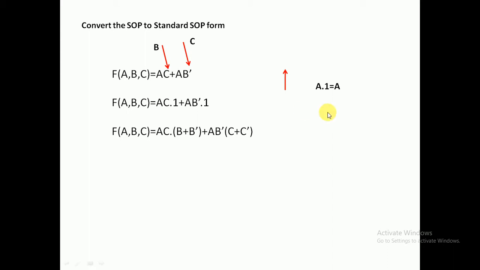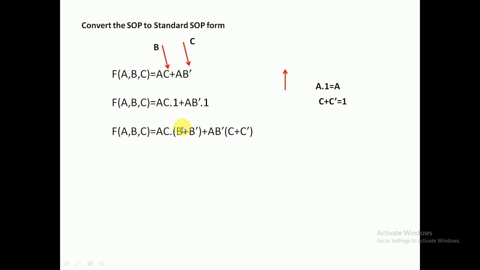Now what do we mean by the 1? b plus b dash, a plus a dash will become 1 only. So in place of 1 you can write b plus b dash. It is a Boolean algebra function, so we are not crossing the limits of Boolean algebra. According to the rule we have taken the step by step procedure. First we identify the missing variables, then we put the 1 here, and in place of 1 we again write b plus b dash. We already know that c plus c dash or a plus a dash will become 1, so we are putting b plus b dash for each one.